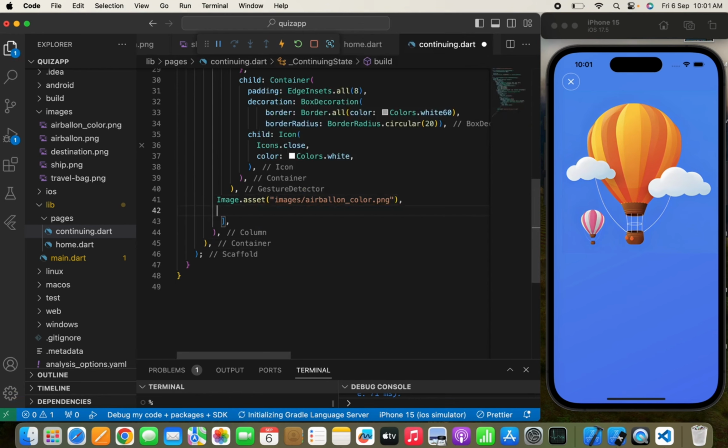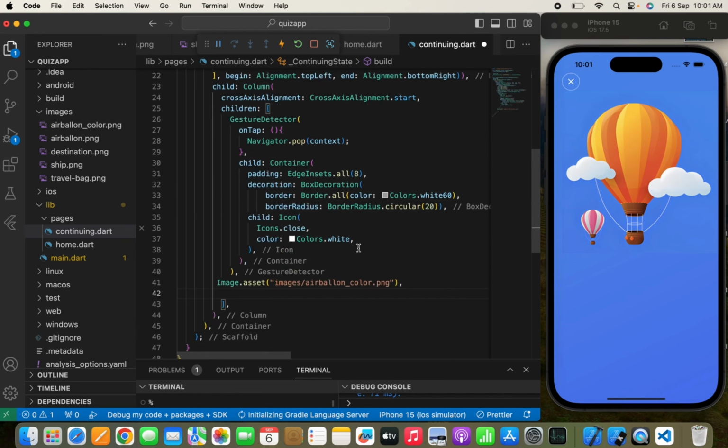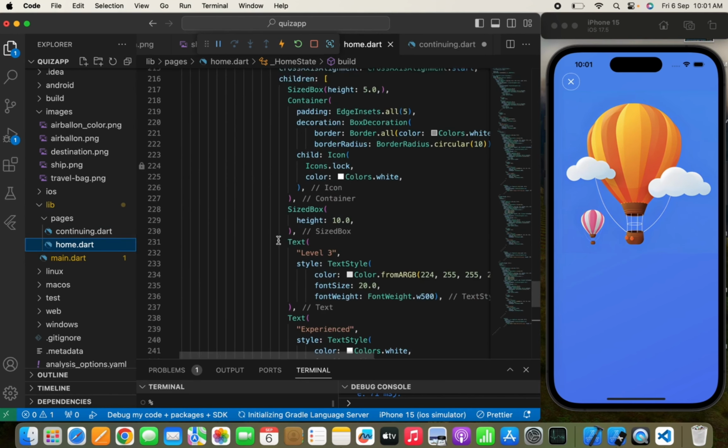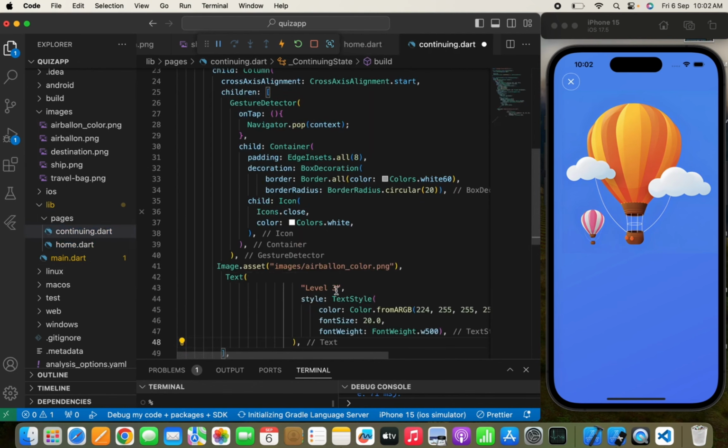Now after this I need to show a level that the user is playing. So I need to simply copy that text again. So we'll move to the home page. Rather than writing the text widget again and again, we'll copy that text widget and paste it over here, and we'll simply change the level to 2, and you can increase the font size up to 24,